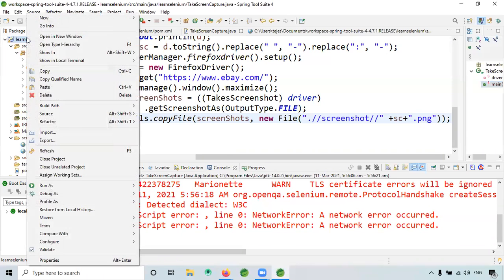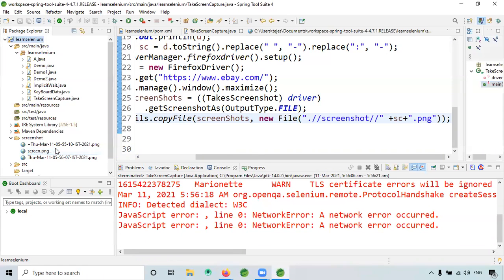Refresh. See here, Thursday, March, 07 and 10th second. So here is one more file. When you run it each time, it will give me new files.